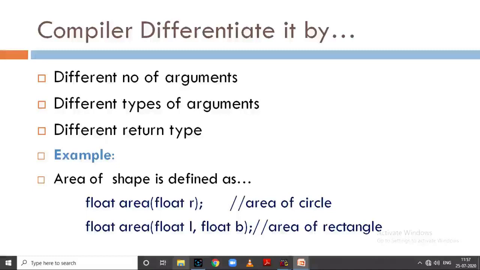For example, if we have an area function for any shape, for a circle we specify only one argument, and if we want to find the area of a rectangle, we have to specify two arguments. Based on the number of arguments, the compiler can differentiate them.